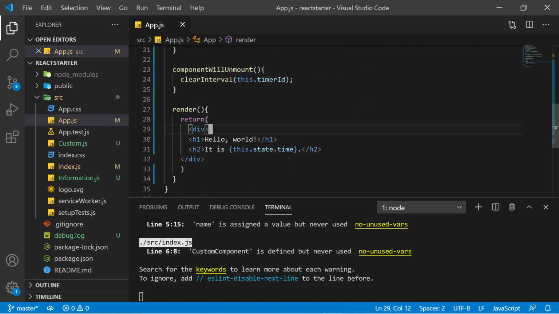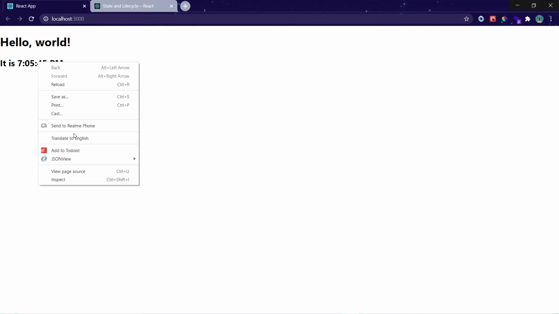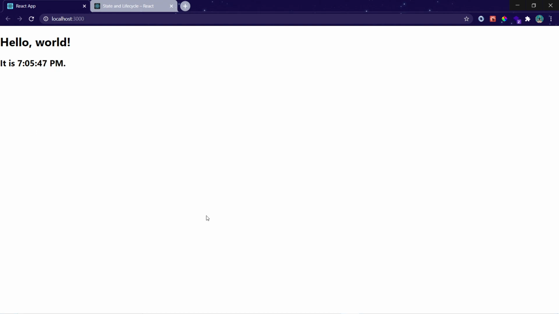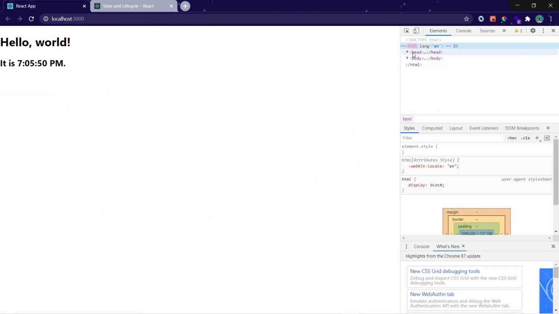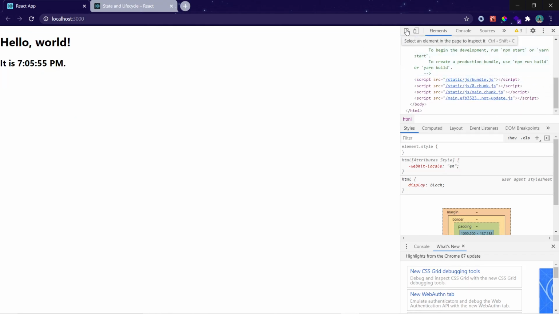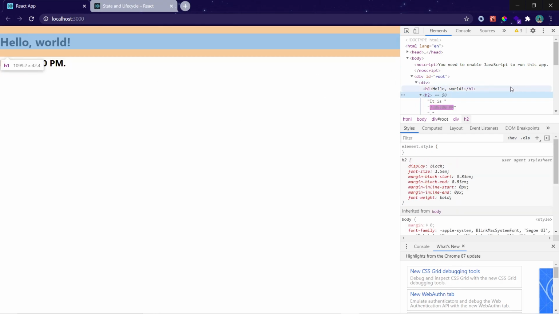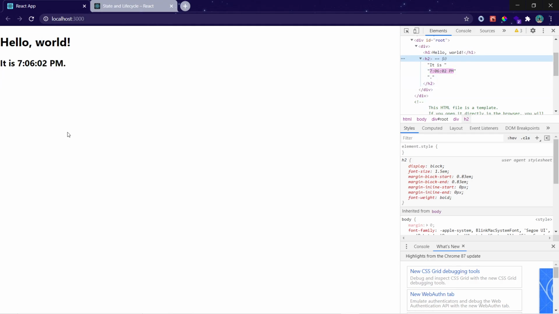In React there is a very good feature that it doesn't render the whole component again and again. Whenever state changes, it will only update this particular line. To confirm this, you can just inspect it. When you inspect it, you will see what is changing after every 1 second. Let me show you. As you can see here, it's only changing the time in our web page. It's not rendering the whole code again and again.